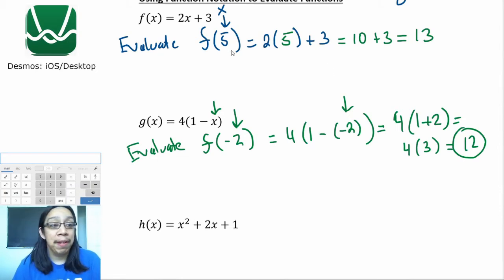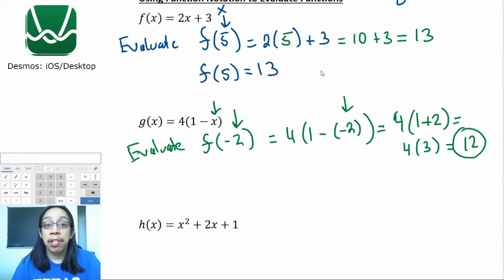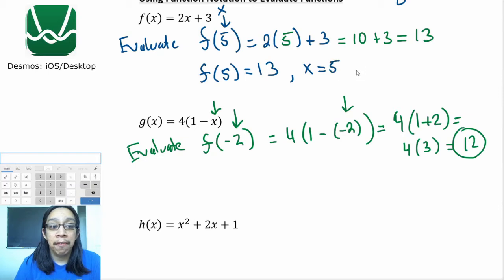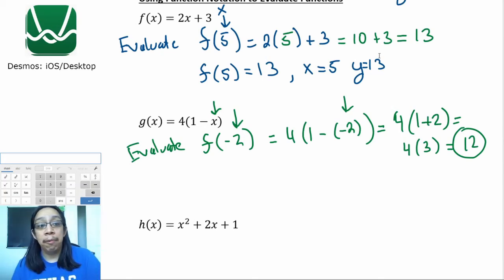Now, I forgot to mention one thing. What you can do after you have your input is say this. F of 5, in the previous example, is equal to 13. We say that when you input a 5, the output is going to be 13. So, another way that you can write this is to say that when x equals 5, y is equal to 13. Both ways have their own respective uses. The first way is more of a function-oriented way of writing the answer, while the second way more or less tells you what the input is with respect to the output. I would say write both down so you can get a better idea about how to look at both